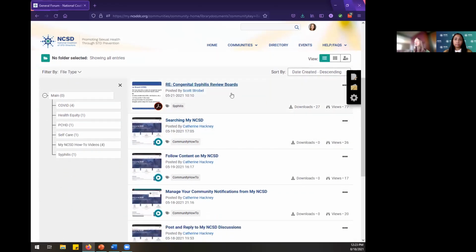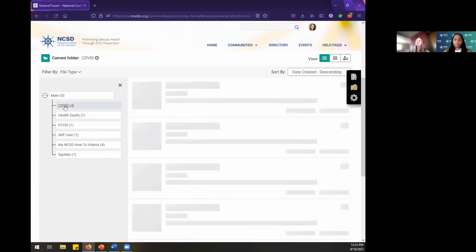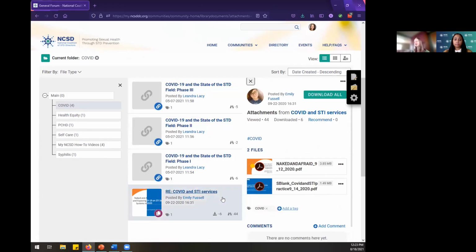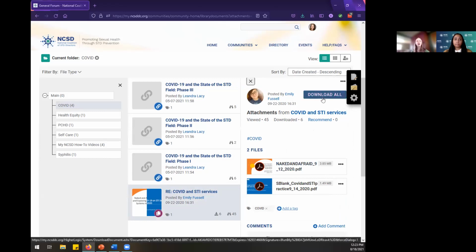As we scroll down, we can see a summary version of what we have in here. We are using a taxonomy or a folder structure here, so you can find specific information. If you care about COVID and are looking for additional resources there, we've got 4 in here already that you can click on anywhere within that row, and then you can see what these attachments are and who shared it. You can download them all right away.